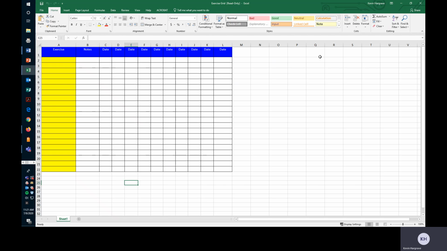Now, this is the exercise grid I included in Moodle. This is not the only way I expect exercise grids to be presented. Again, I know people have various experiences, and they may be more comfortable with one they're used to using. This is just the example one. You can use it if you want. And what I'm expecting to see